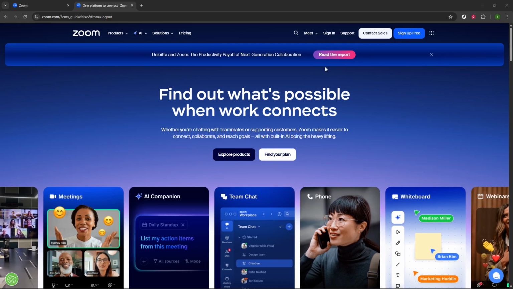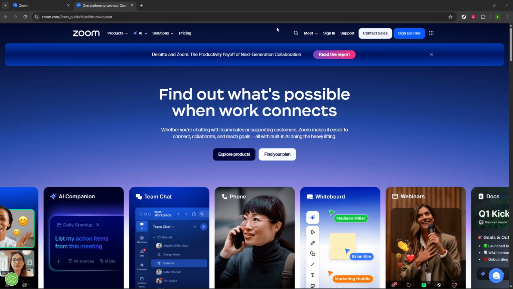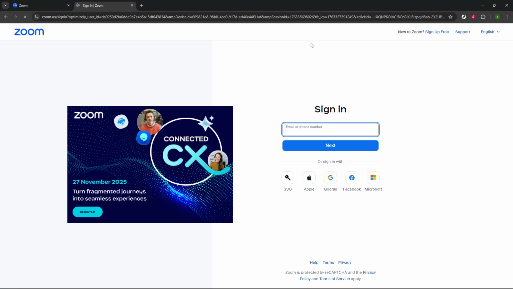First, you'll want to navigate to Zoom's website by simply opening your preferred web browser. This can be Chrome, Safari, Firefox, or any other browser of your choice. Once you're there, look towards the top right corner of your screen, where you'll see the option to sign in. Go ahead and click on Sign In. This step is essential as it takes you to a secure page where you can input your credentials and access